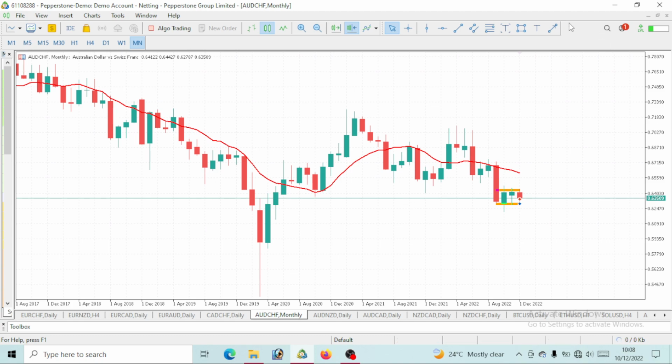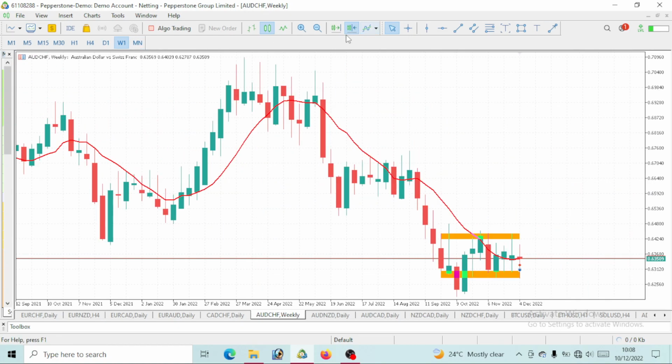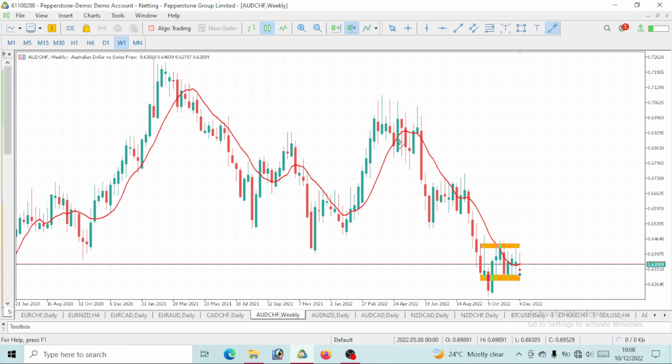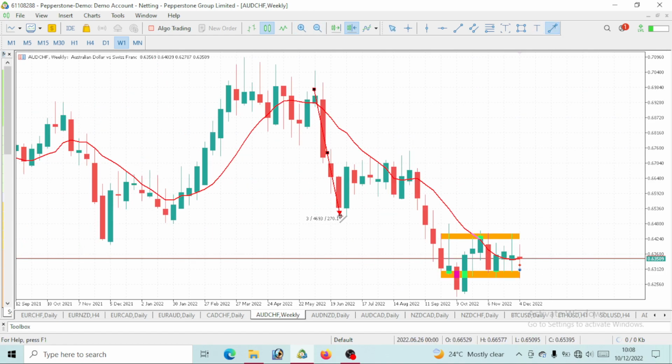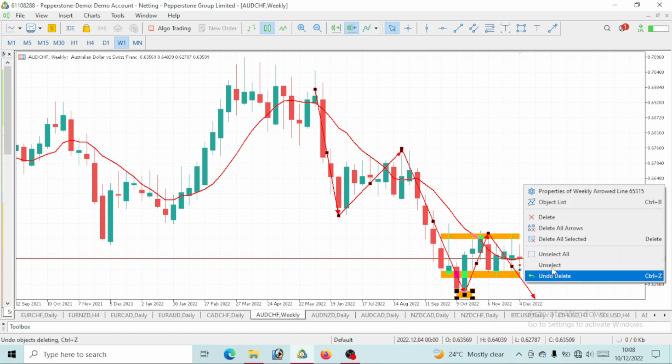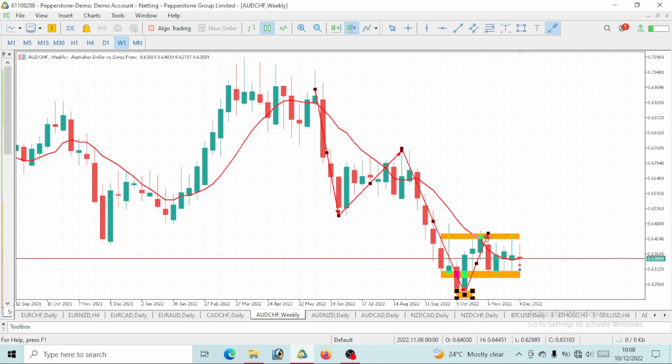You see that AUD Swiss franc is a bearish move. Now let's see what the weekly time frame says. You would notice one thing on the trend on AUD Swiss franc. This is clearly a bearish move. You can see that AUD Swiss franc has been dropping. Now let's see this movement as a drop, and we would consider this as a correction, right? No doubt, a new drop has been made, and guess what? We've gotten a correction. After the correction, you expect a new drop to be made that will take out these lows. That is what we would be expecting on AUD Swiss franc, right? But as of now, price is not giving us that movement. Price is ranging, right?